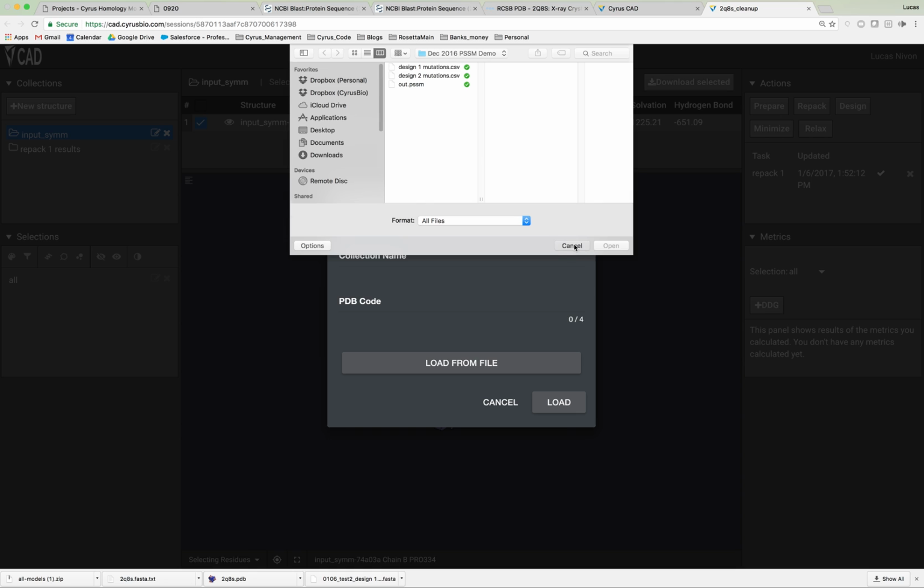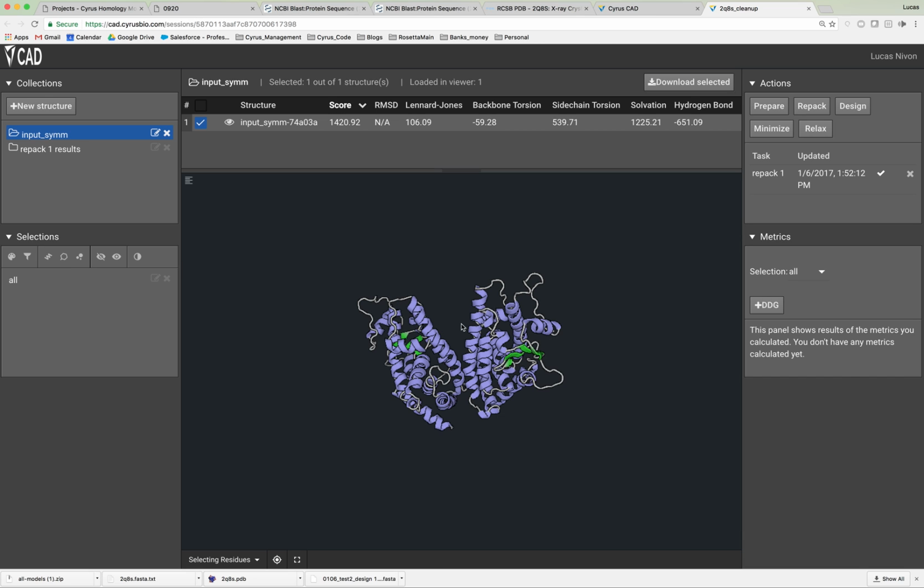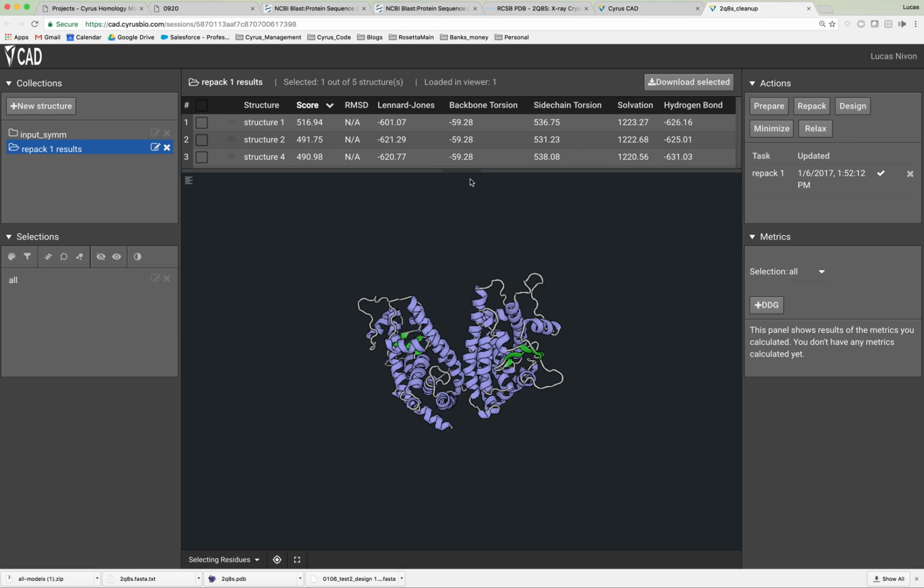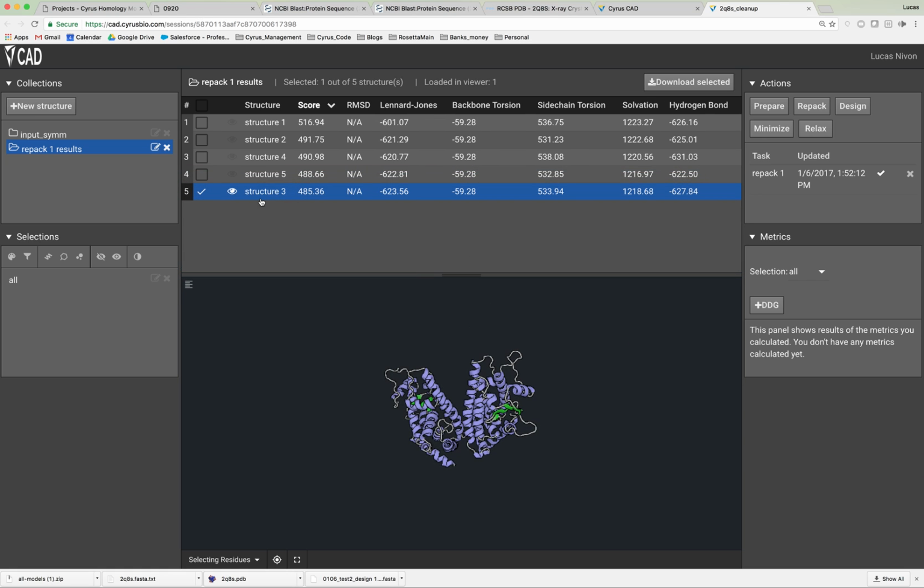And then I would get the file that I want. So I've already loaded that. That's already scored. And then all I did is I take that and I do a repack to fix the side chains. I did 5 repacks, and then I'm just going to take the lowest energy structure, happens to be structure 3, and then I just click that one, download the selected PDB,